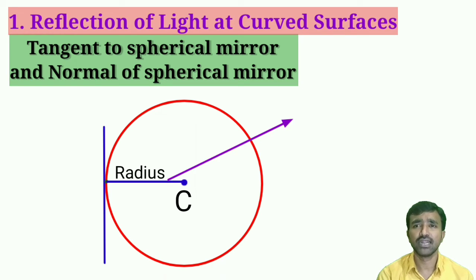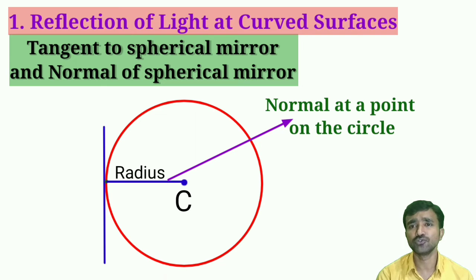This normal we can use to measure the angle of incidence and the angle of reflection in the case of two mirrors, one the concave mirror and the other the convex mirror. If you clearly understand this, you will easily understand the normal of curved mirrors.